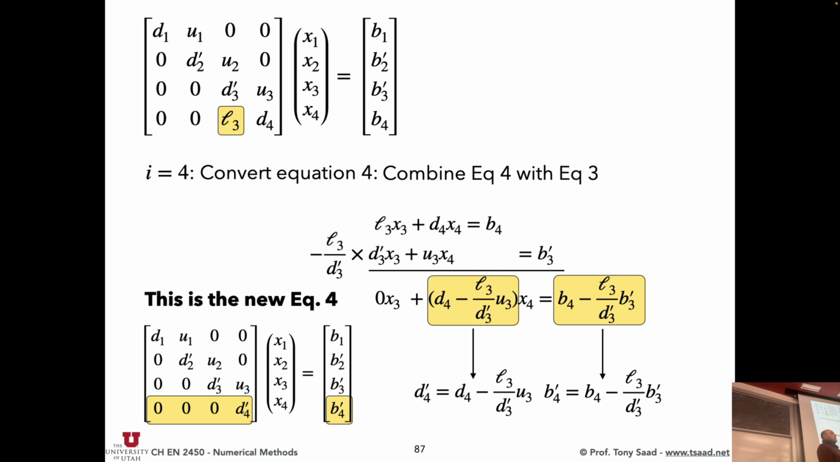Yes, Miles? So we multiply the second part of the equation, the D3x3, by the L3 over D3 prime. How can it multiply just into the D3x3 and not